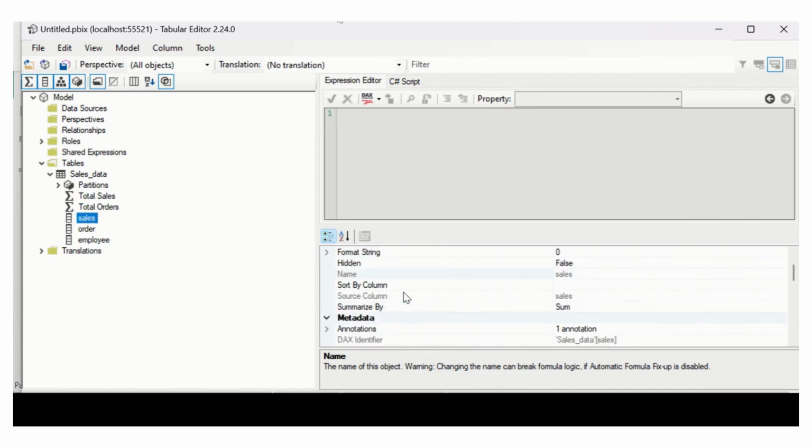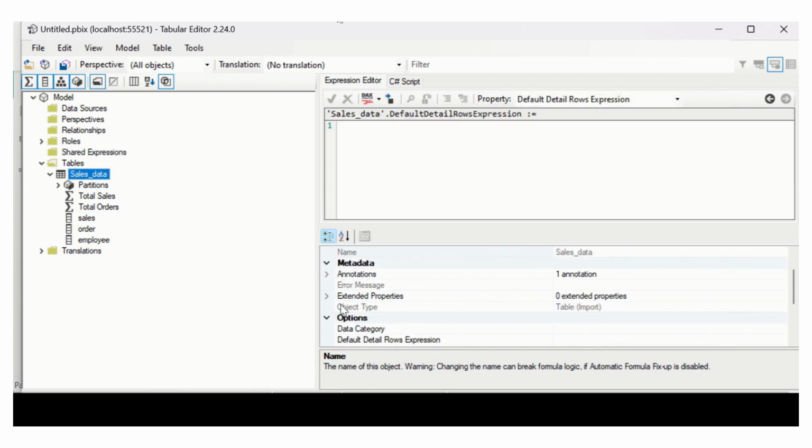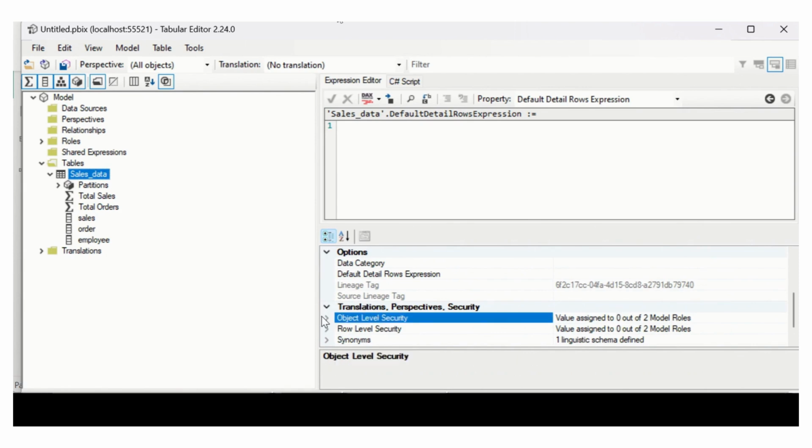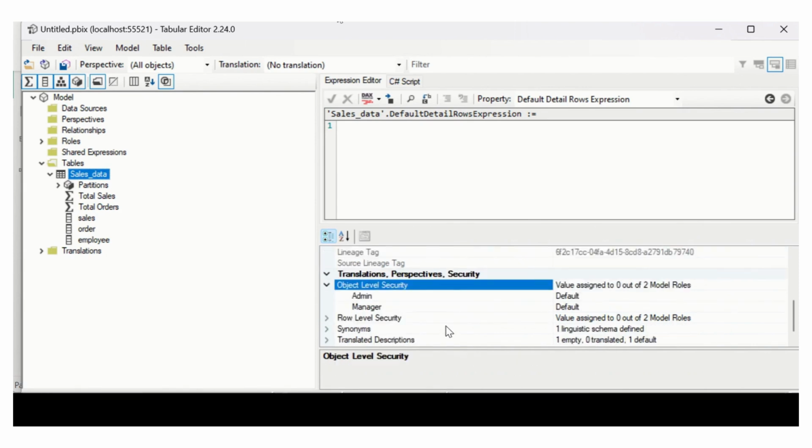So let me go on to my sales data, and this will have the security option in which I will be able to see object level security. In this object level security, I will be able to see my two roles that I created in the starting of the video, that is admin and manager.